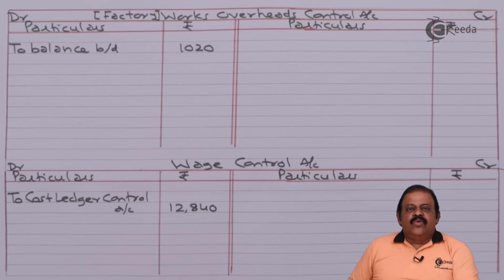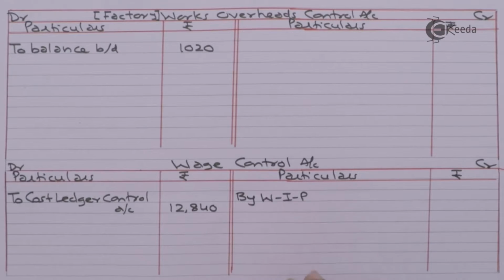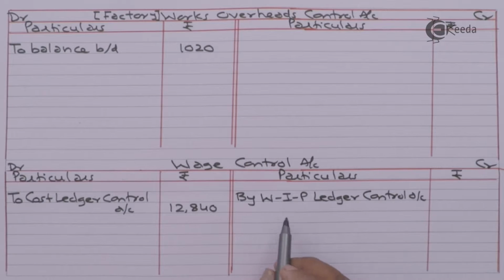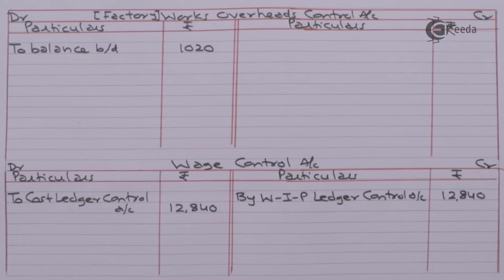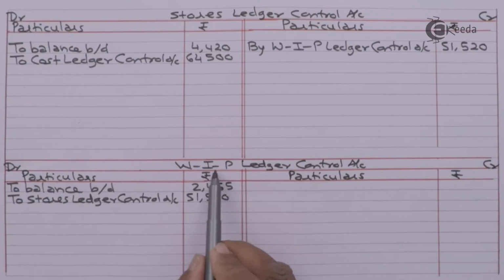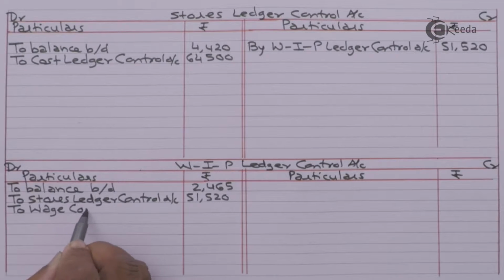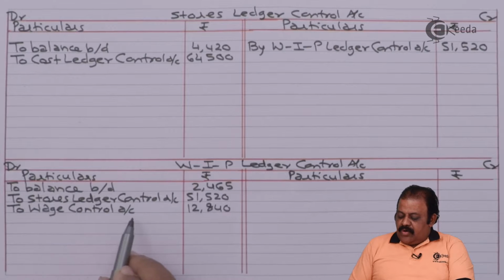This will be credited to work in progress account, by work in progress ledger control account 12,840. Work in progress ledger control account debit to wage control account